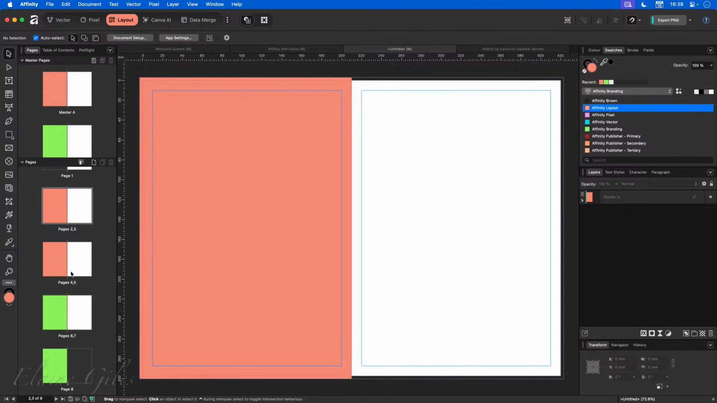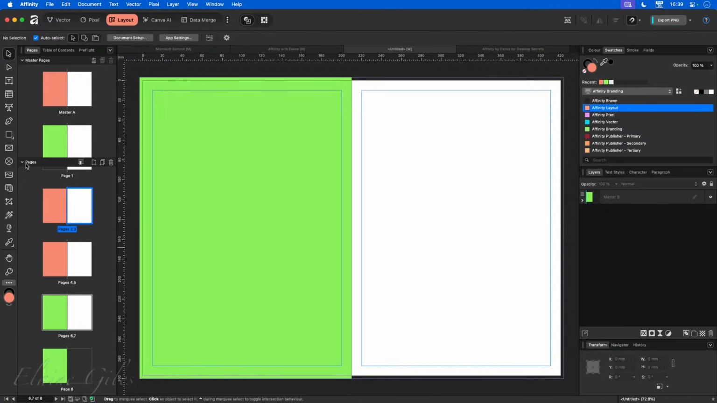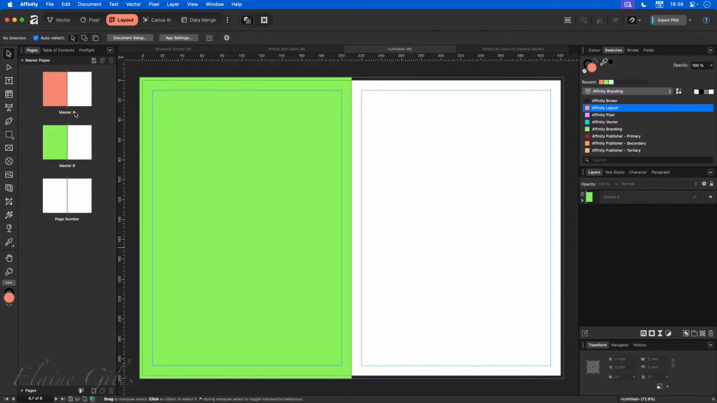None of them have page numbers. Now we know that I could select them. So grab the lot, right click, apply a master, take the tick out the box and apply the page numbers. But that's not really the best way to do it. A much better way is to use the master pages. So